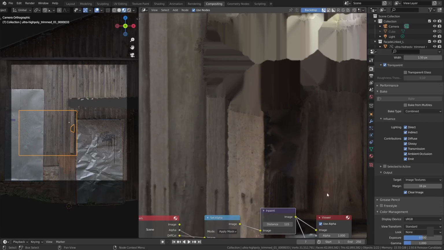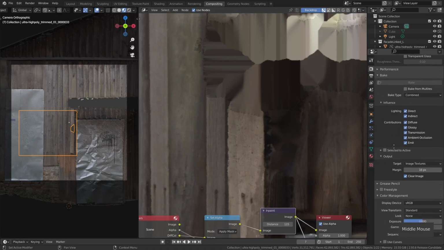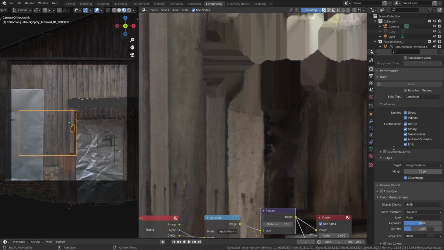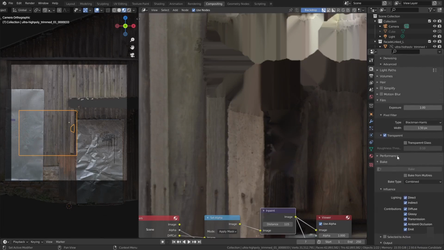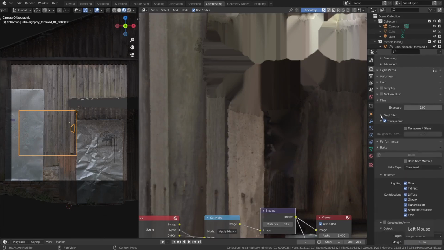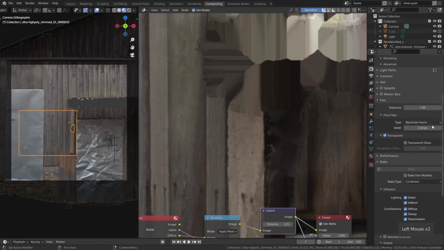Since this is overall only quite a slight change in value, probably this isn't really going to create any issue for us with MIP mapping. But it would be nice to improve and at the very least understand what's going on. So the reason we're getting this darkening here has to do with Blender's pixel filtering that can be found under the film setting. If I change the Blackman-Harris filtering to as low as it'll go at 0.01 pixels and then